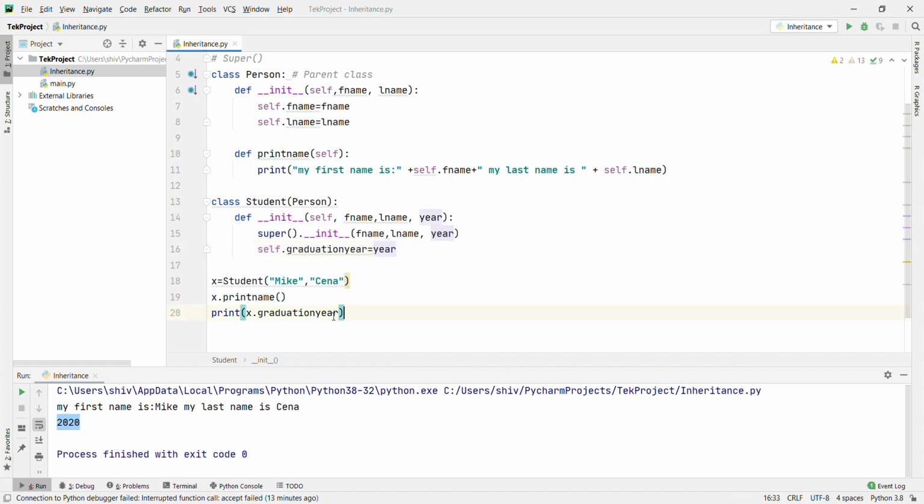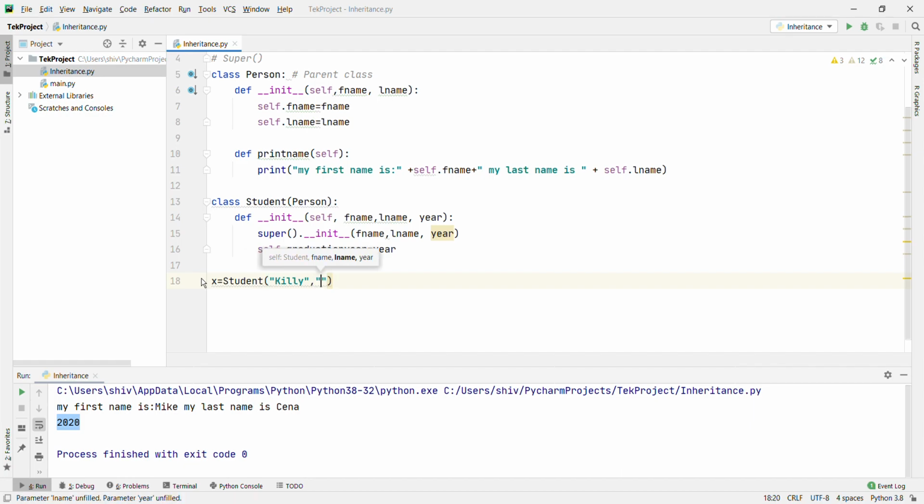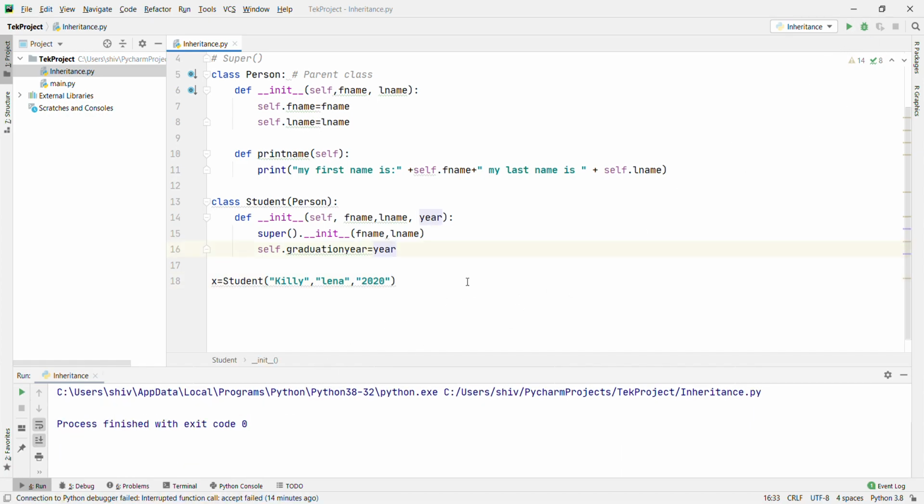Okay, then what will happen now? If you create an object of a Student, what we have to pass is just like Keely, Lena, and year also. Okay, just like 2020. Okay, now if you want to print, let's run it. Okay, now it's fine, right?